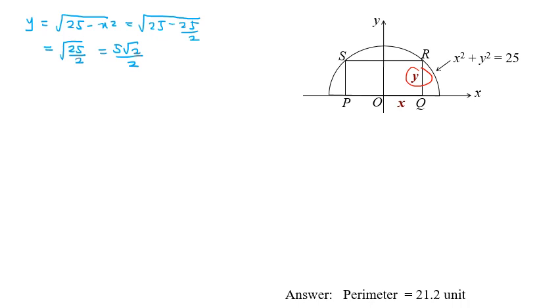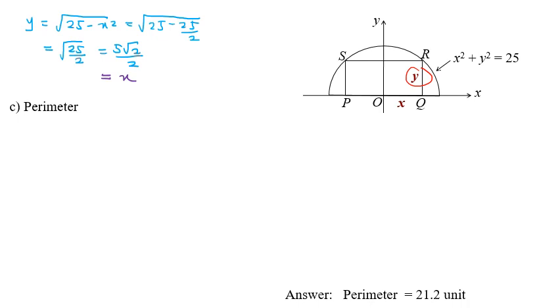So we find out that actually, if we square root 25 over 2, we get 5 root 2 over 2 also. Remember, this is the value of x. Okay. So it seems that the value of x and y is the same. Okay. So our perimeter,